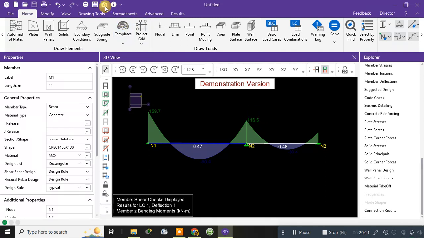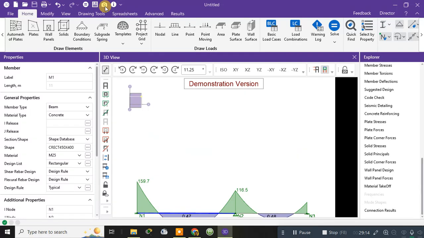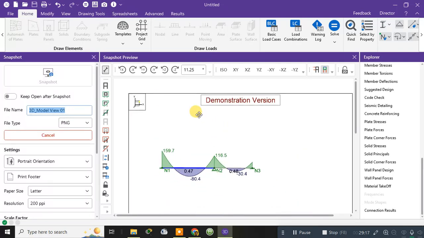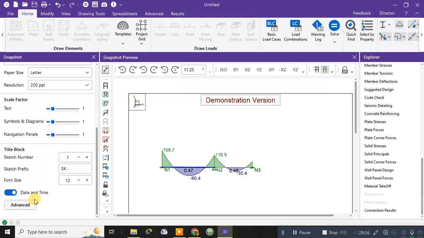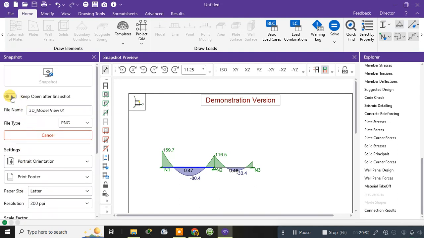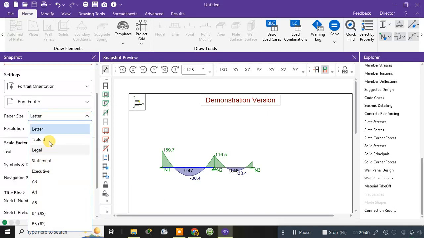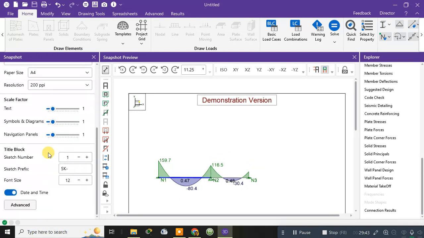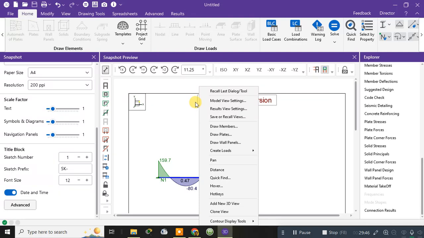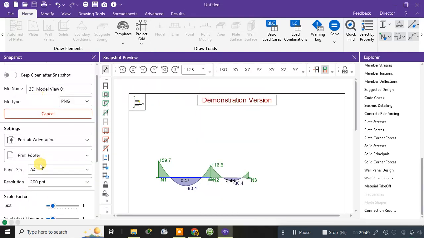Even you can click on this figure in order to capture the image. See, the full image is being captured. You can now save the file in the PNG format. Okay. This is how keep open after. So this one is the snapshot. You can change page sizes later, or in the A4 format also you can save it. The resolution you can increase to 6000 ppi. Okay,